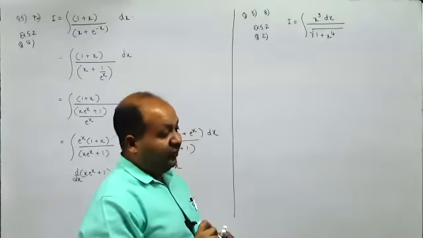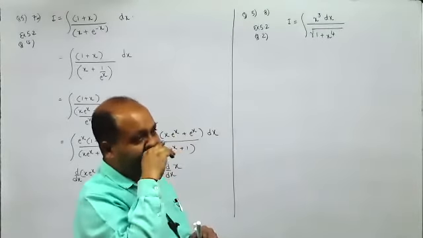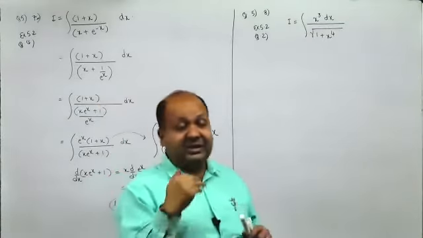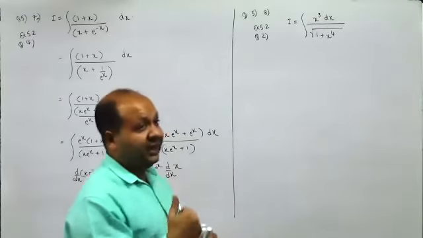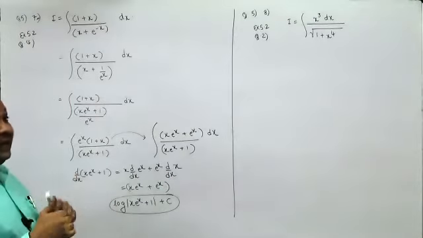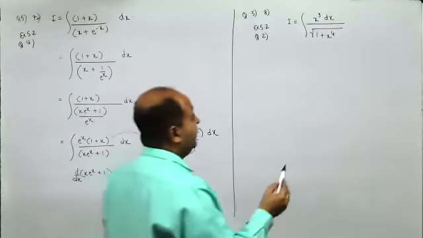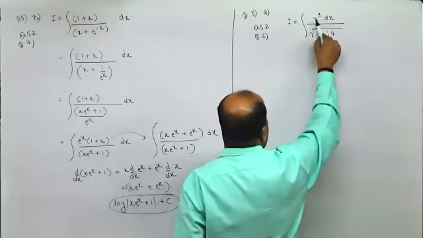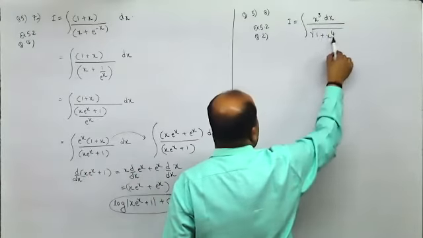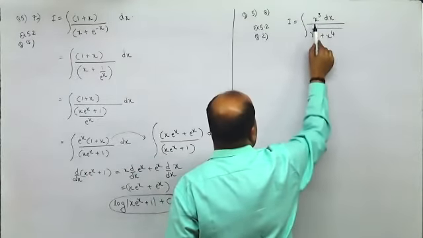That means if you have x raised to 4 and x cube, then one is the derivative of the other. X raised to 5 and x raised to 4, one is the derivative of the other. X raised to 8 and x raised to 7, one is the derivative of the other. So here you have x raised to 4, here you have x cube. That means the derivative of this is somewhere related to this.